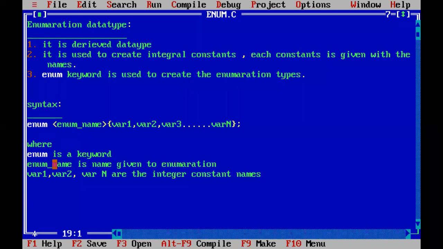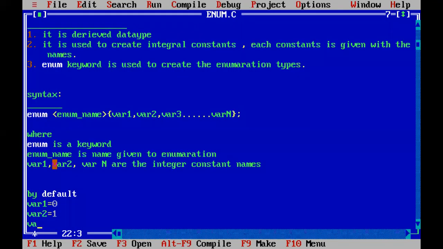By default, the compiler will allocate values: variable 1 value will be 0, variable 2 value will be 1, variable 3 value will be 2, and so on.